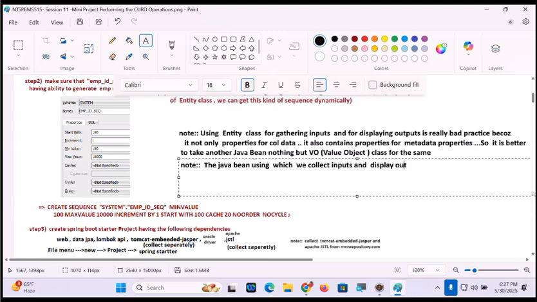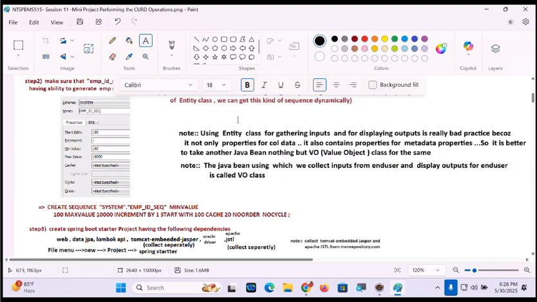We collect inputs from end user and display outputs for end user is called what, guys? Java bean. Sorry, is called VO class. Is called VO class. Okay, that's good.